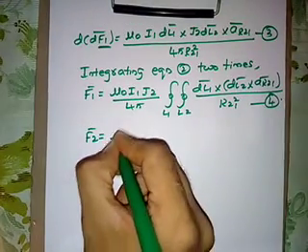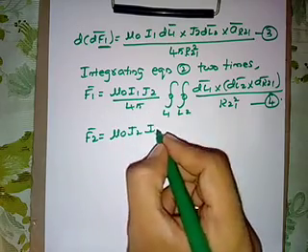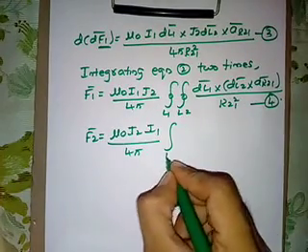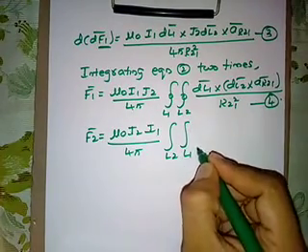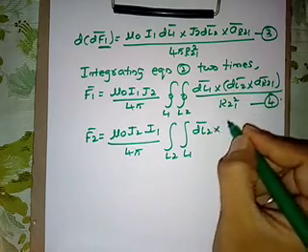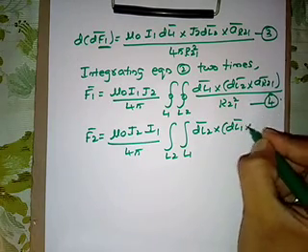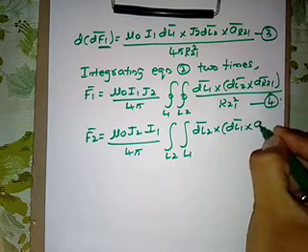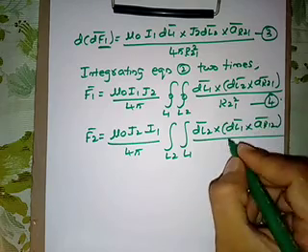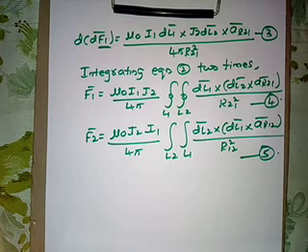That is, the F2 bar will be equal to mu naught I2, this is 1, I will make it 2, this is 2, I will make it 1, divided by 4 pi, this integration, L1 is there, I will make it L2, this is L2, I will make it L1, right. So dl2 bar, this is L1 bar, dl2 bar, this into dl2 bar, I will make it dl1 bar, okay, this into aR12 bar, this divided by R12 square, right. Take it as equation 5.